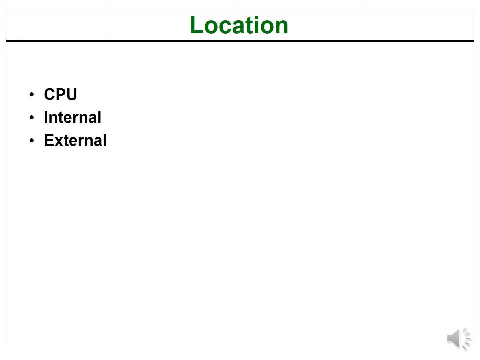Then we come to the internal memories. The two basic memories, the RAM and the ROM, RAM standing for random access memory and ROM standing for read-only memory, come under the category of internal memories. And the other memories which are present outside the CPU, or which you can connect to the CPU, are said to be the external memories. Like your hard disk, your CD, your pen drive, your external hard disk, or any other memory that you attach to your computer, they are all called external memories.